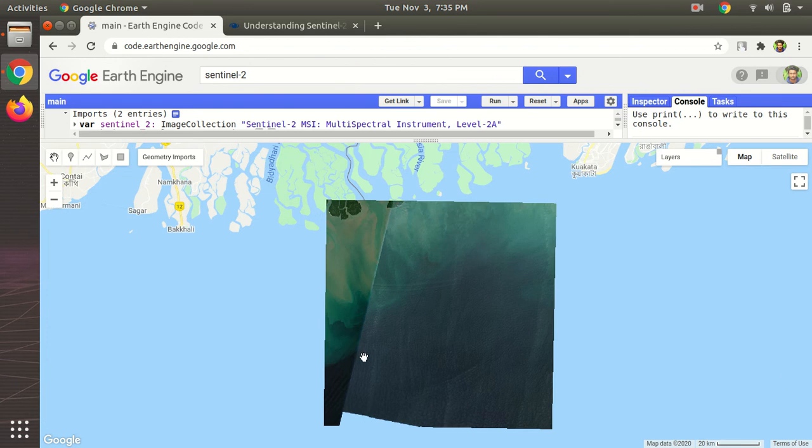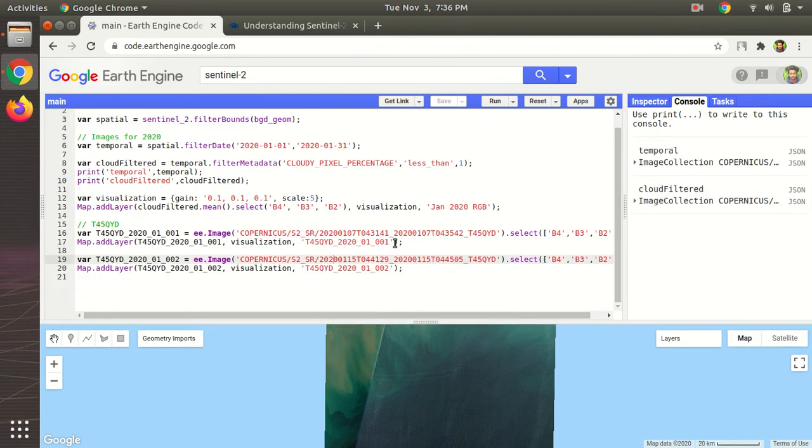Now you cannot just blindly trust Earth Engine to assume that it's giving you a full image. There are a lot of problems in the image searching and filtering system. It can give you metadata filtering, but in the end you have to manually add each image to the map layer to verify if it's good for using. So now you can understand that the first choice was better than the second choice. Now what we have to do is